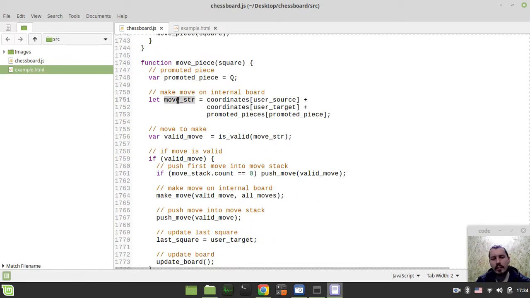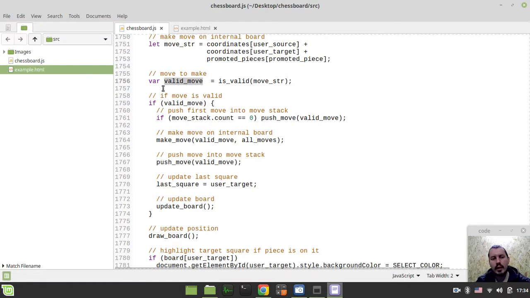Then we're generating the move string by converting the user source and user target, which are the board indices. Basically, we're converting them to human readable coordinates like E2, E4. And again, this promoted piece is hard coded from this Quint, but this is still working, believe it or not. Then we create the valid move, which, in case the move is valid, gets assigned the value of the encoded move,